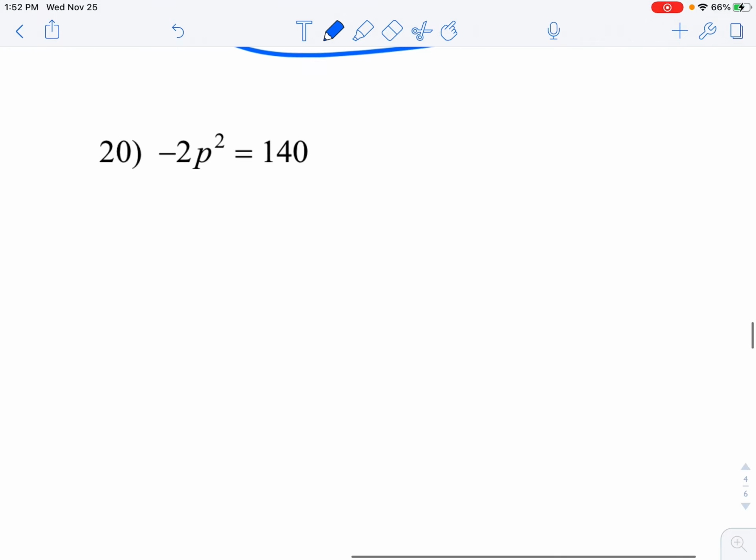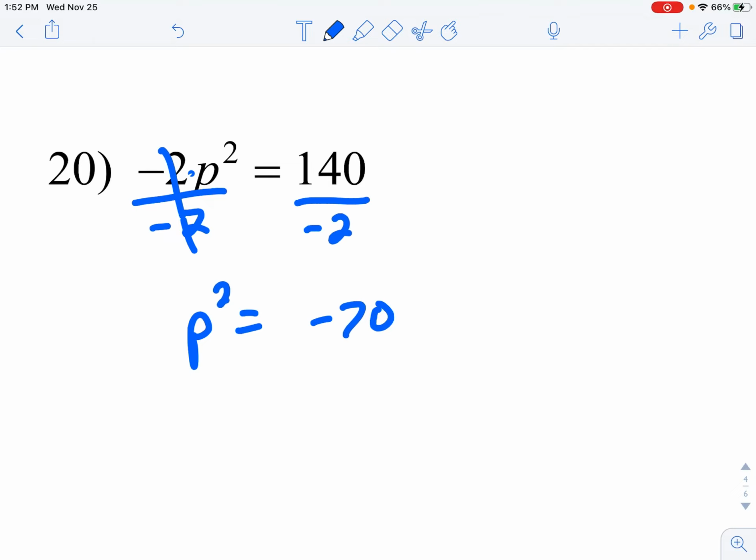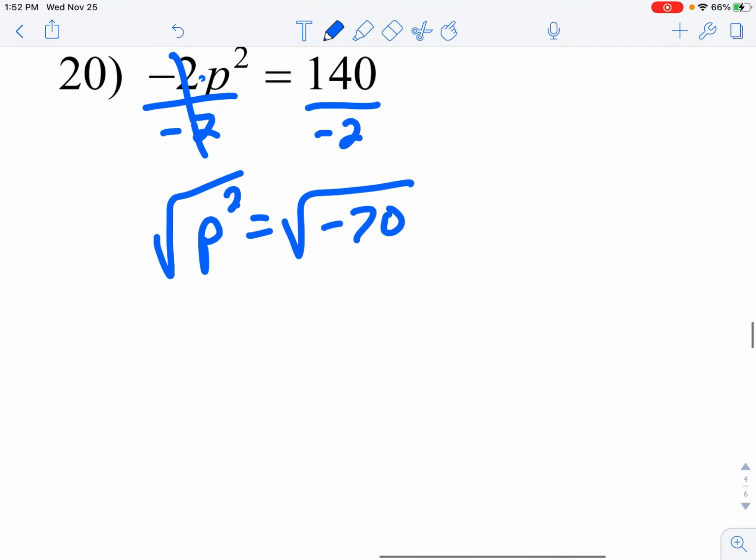Look at number 20. All right, we want to solve this equation. Isolate p. So p is multiplied by negative 2, so I'm going to have to divide both sides by negative 2. 140 divided by negative 2 is negative 70. To isolate p, I have to square root both sides. That gives me p equals plus minus, right? Square root property tells me to automatically put down a plus minus. The square root of a negative tells me that I'm going to automatically have an i in my answer, an imaginary answer. The square root of 70,